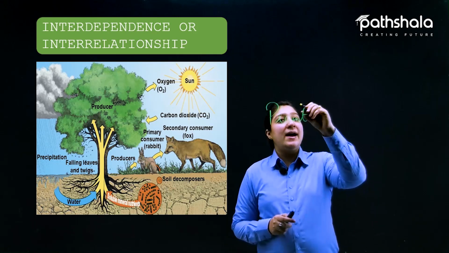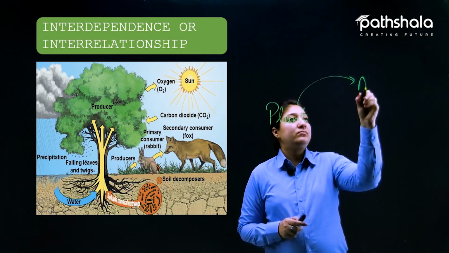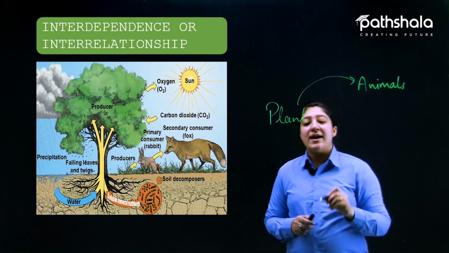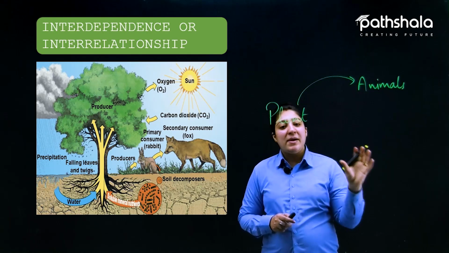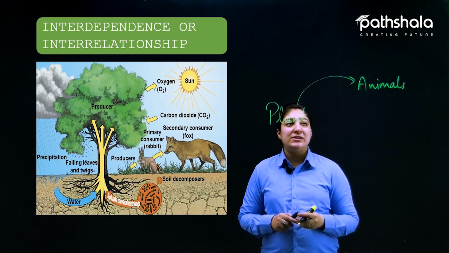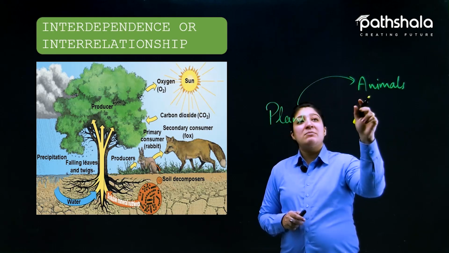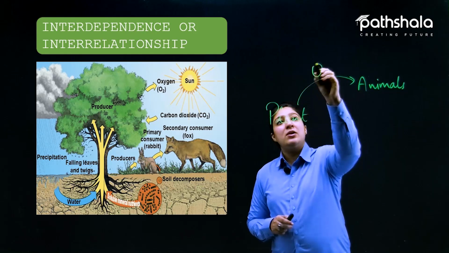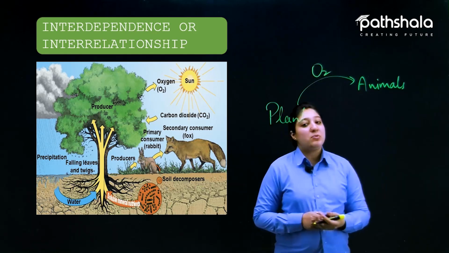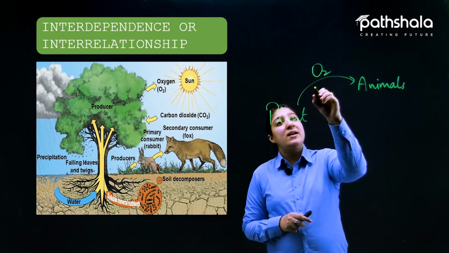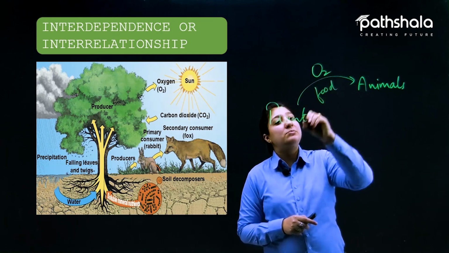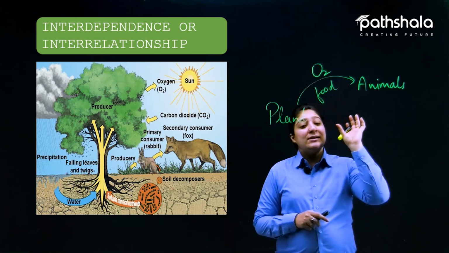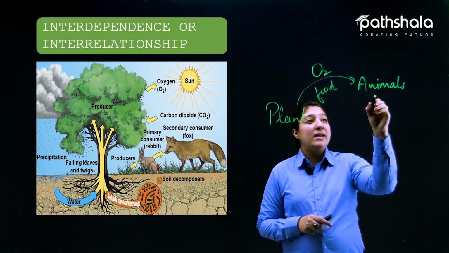Now there are other animals, or other organisms that depend on the plant sources. That is, these animals first of all use the oxygen which is provided by the plant. The second thing is the food which is provided by the plant to the animal. Right, now these animals, when they die,